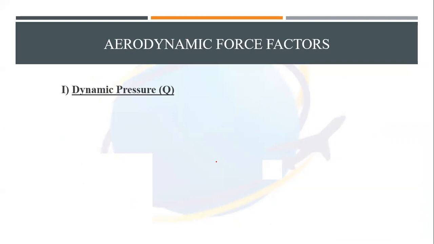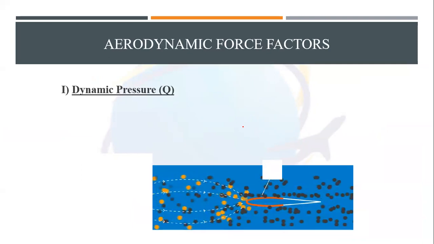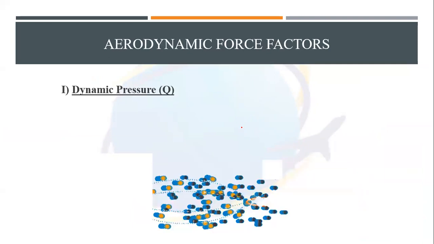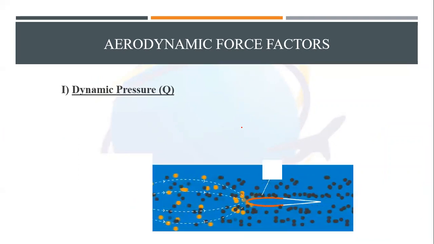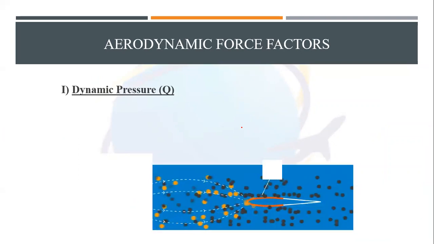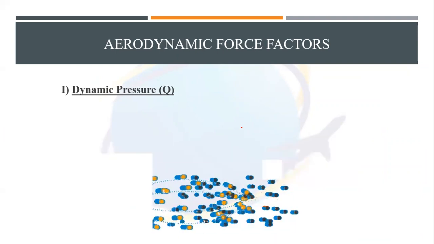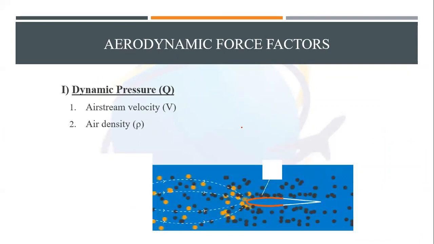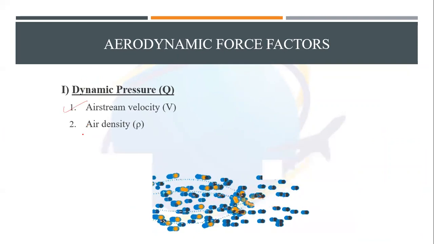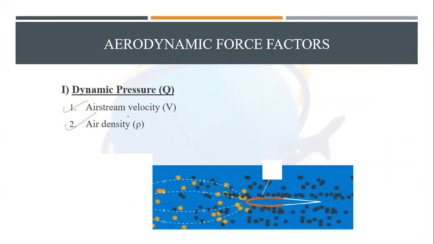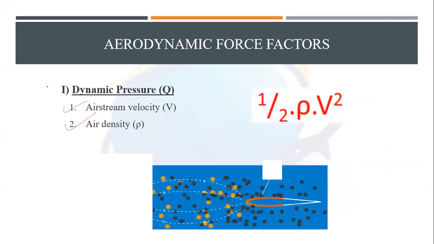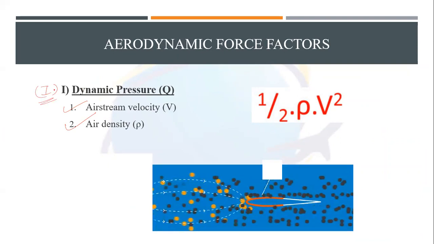The first factor is known as dynamic pressure. Dynamic pressure is just like your kinetic energy. How is kinetic energy produced? When I'm running, I am able to produce some kinetic energy. The same thing is true for the aircraft. When the aircraft is moving, it will have the particles hitting it. When the particles hit it, that is when we will have something called kinetic energy. So that is why the velocity of the airstream and the air density are involved, giving us the formula half rho v square. This is just the first factor of lift.